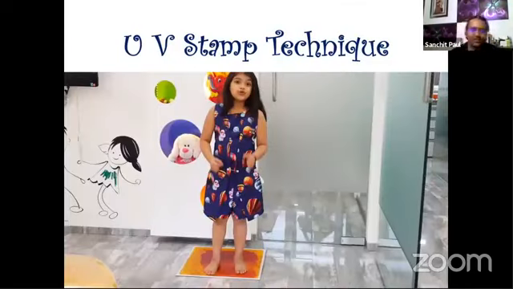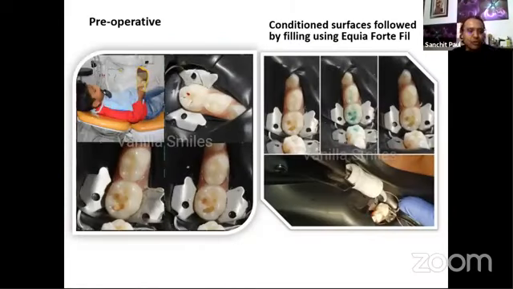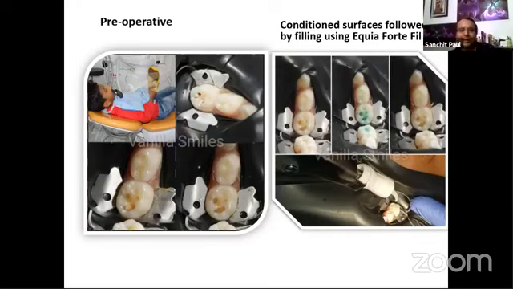Coming to the last few letters, we're just quickly finishing in the next 10 to 15 minutes. The UV stamp technique from the letter U is something which I think, as practitioners, you are most used to doing. What we would like to highlight is that as pediatric dental practitioners, we can still attempt it, especially in those lesions where we see the occlusal anatomy is intact. And not only with composites, one can use the stamp technique also with conventional GICs or a highly dense, highly packable GIC in the form of EQUIA Forte film.